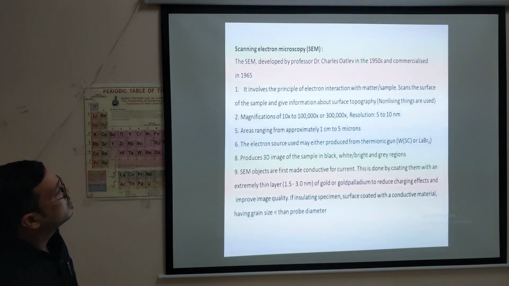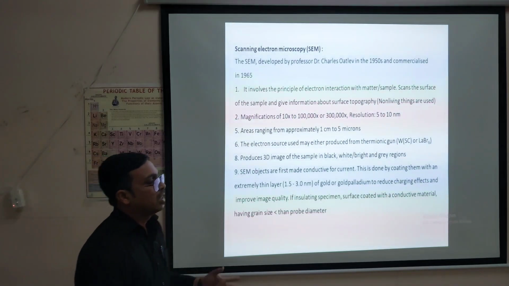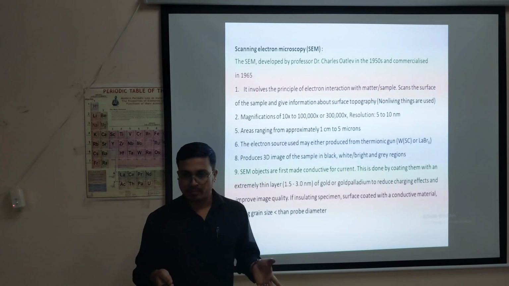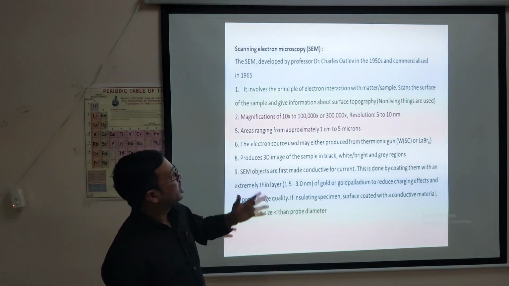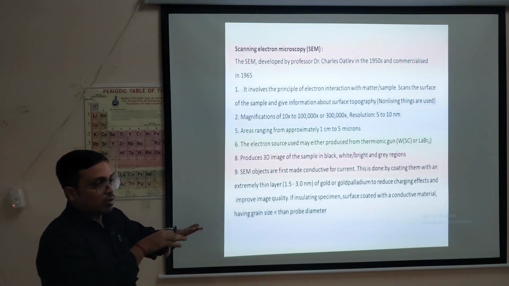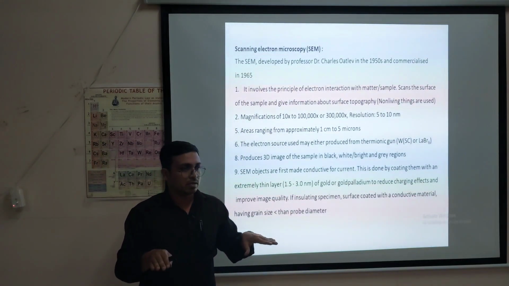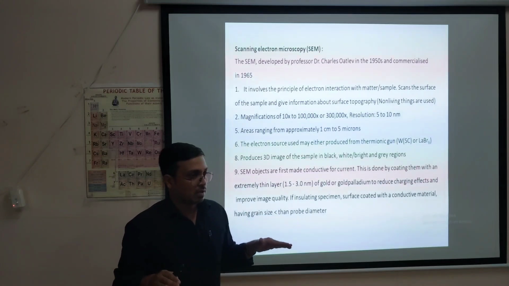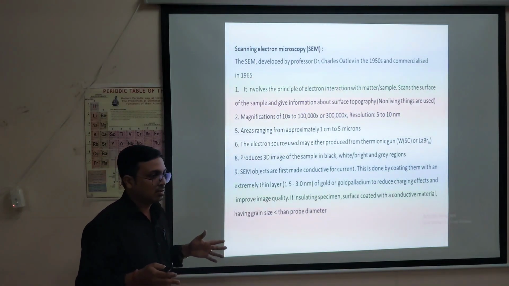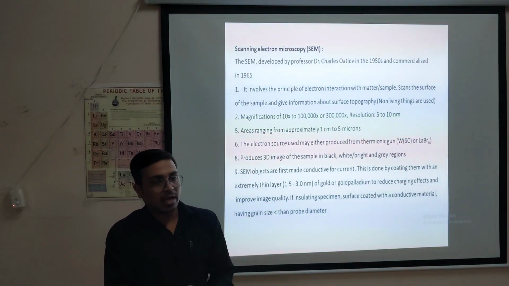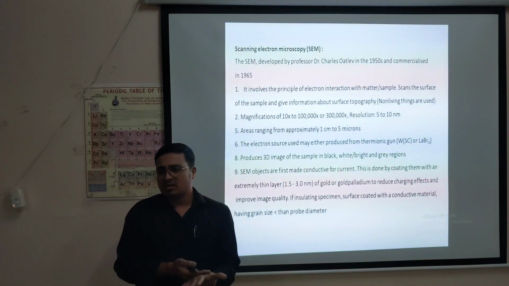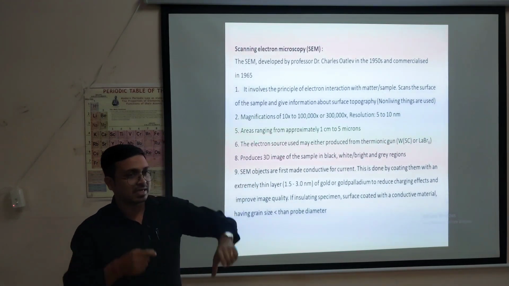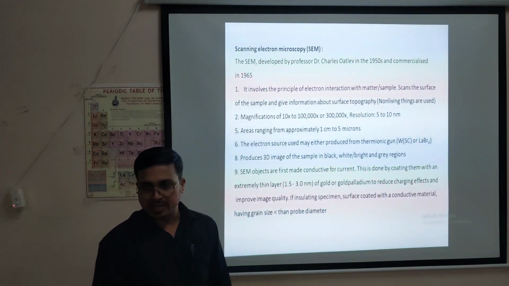As I told you, it is all about the interaction of electrons over the specimen or sample or material, so to say. So this electron interaction will give you a morphological view of the sample, not the bulk view. It will give you an idea about the surface view, and that too in a 3D image. Okay, it will scan the surface up to a depth of around 10 to 20 micrometers. I will give you the data up to what extent the electron energy will be penetrating.